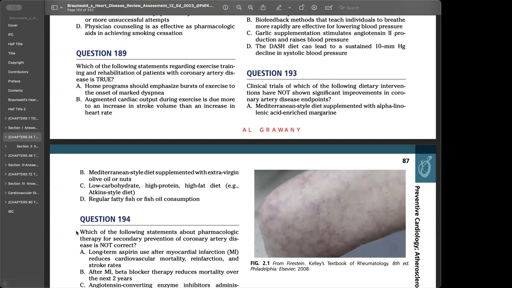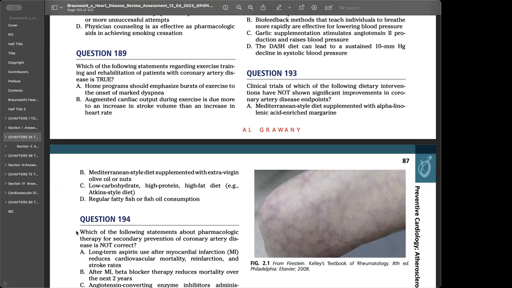They were found to have reduction in mortality in coronary artery disease compared to those who took regular fatty fish consumption. So looking at the questions, you see that the Mediterranean style diet with extra olive oil